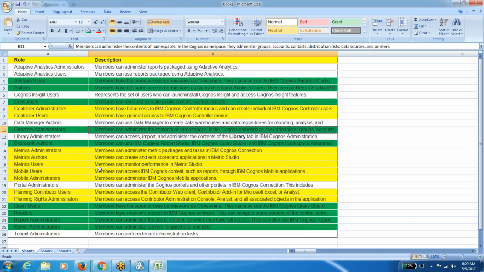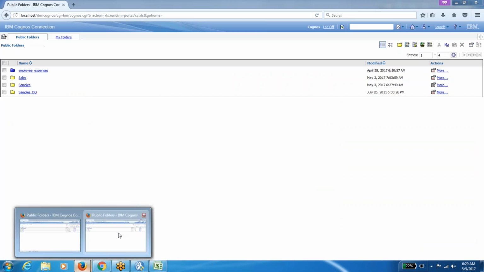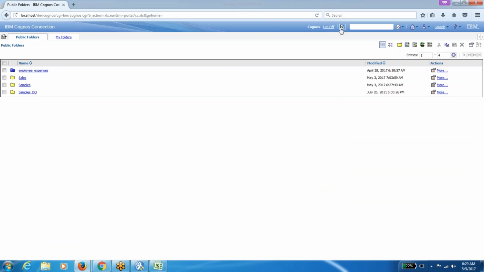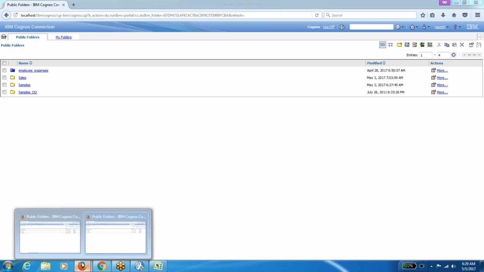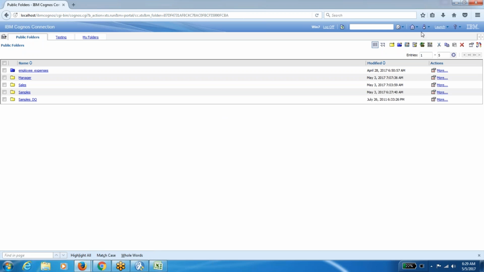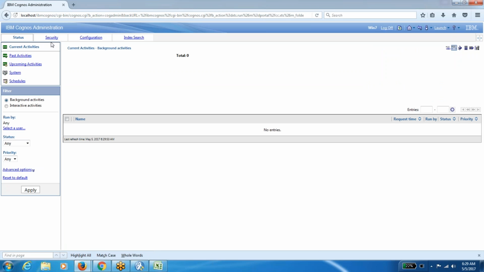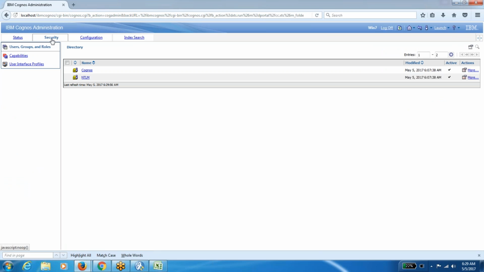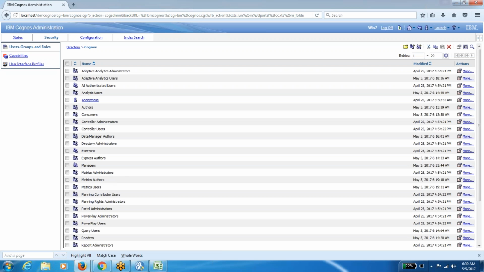For example, we have Cognos user. Here the manager folder is not accessible to him. You can see the manager folder, and I have not given him even this access. Let me provide him the directory access, because here we have not restricted anyone at a higher level. So let's do one thing. In the directory administrator,